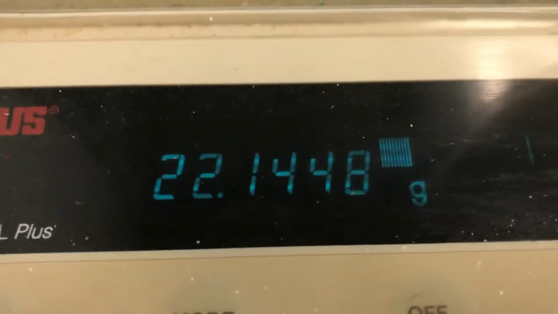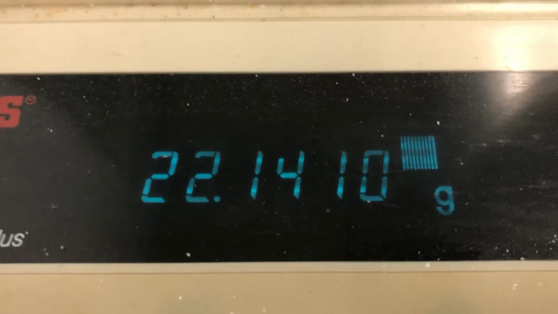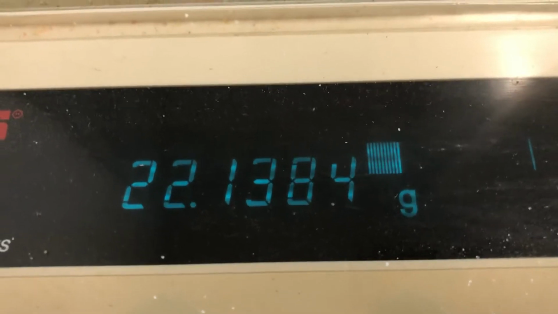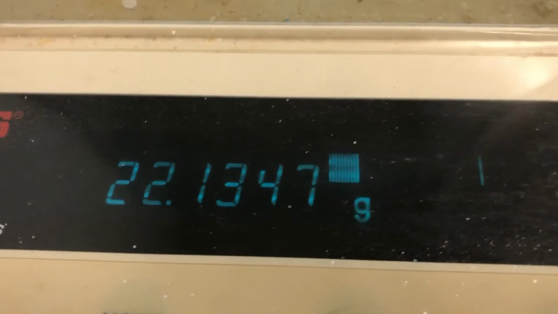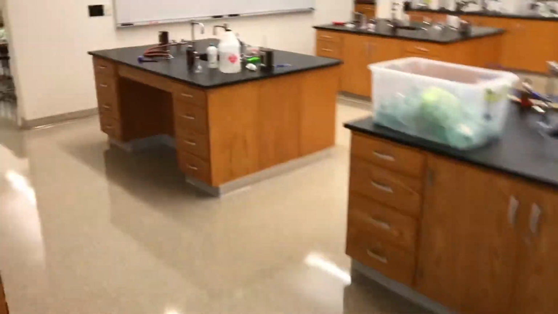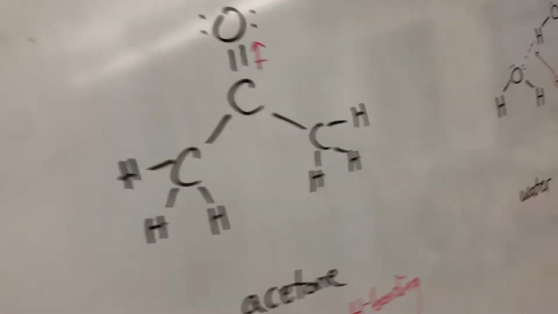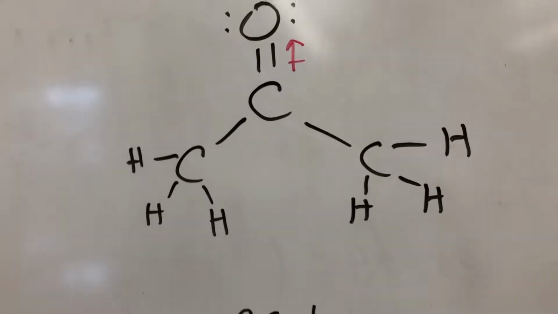And over on this balance, we can see the mass decreasing much more rapidly as acetone evaporates more rapidly than water. Why does acetone evaporate more rapidly than water? Well, we need to know what acetone is, and we're going to come in here and take a look at a Lewis structure. So here is a Lewis structure for acetone, and you can see we've got a central carbon